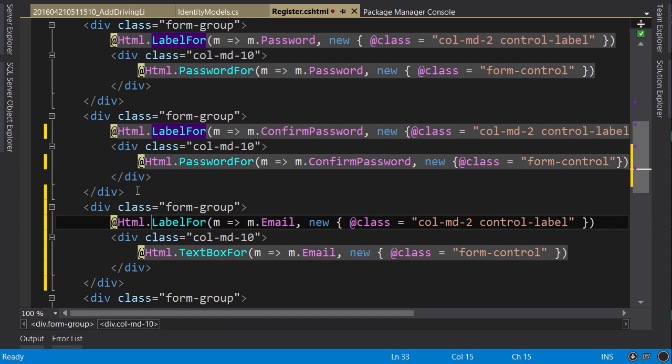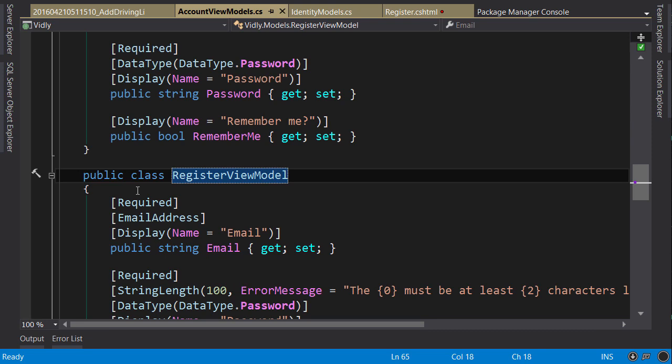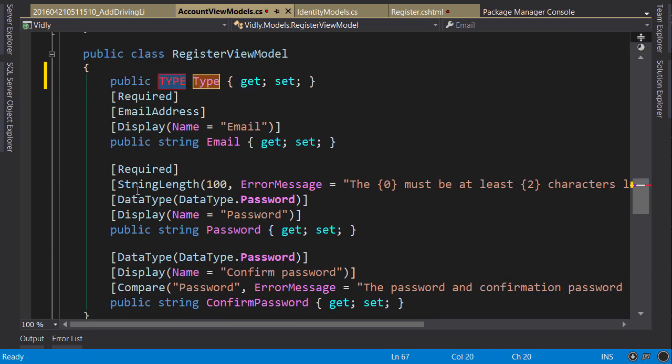Now we change the email property to driving license. But we don't have this property. So let's go to top of this view. The model behind this view is register view model. So we need to add this property in our view model. Put the cursor on the class name and press Ctrl B. Here we are. So prop string